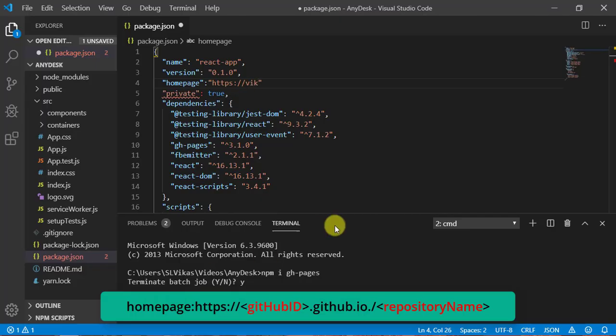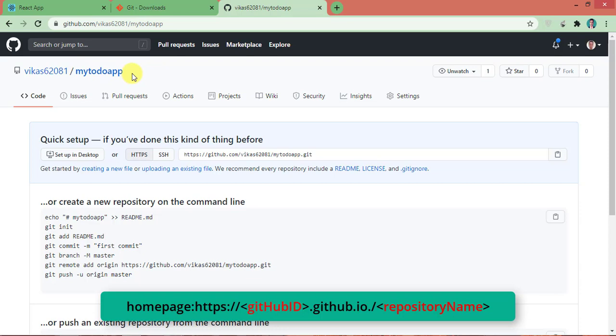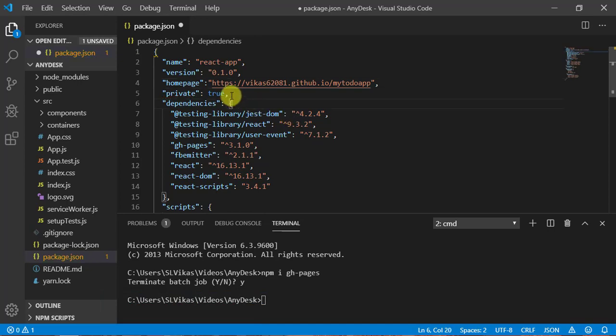So I can write here Vikas62081.github.io, and then / the repository name. I have created this repository, my-to-do-app, so let's copy this one and paste it here. Here we need to add a comma. Now how have we formed this? This is going to be our GitHub ID, then github.io, and then / our repository name.